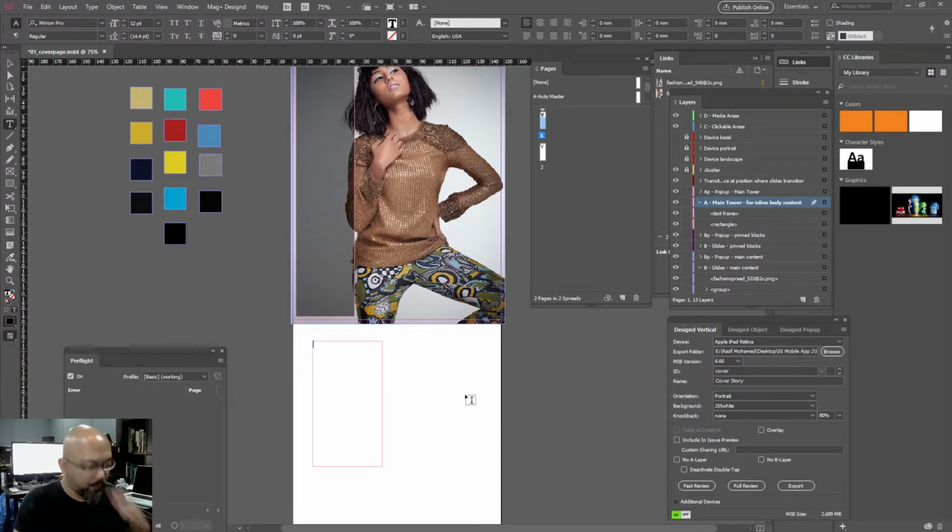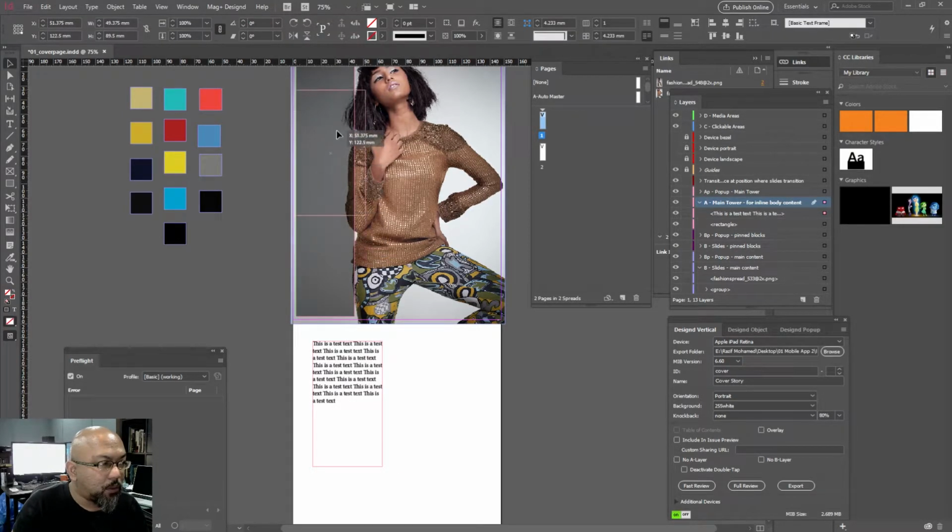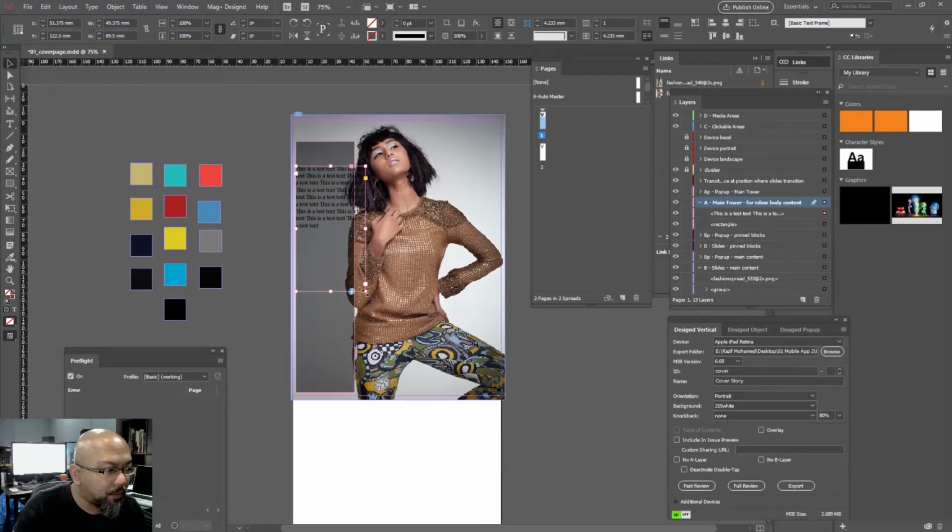Okay. This is a test text. Let's do a couple of times. Should have lorem ipsum. Anyway, I don't have that. I'm going to place it here. Assuming this is the content